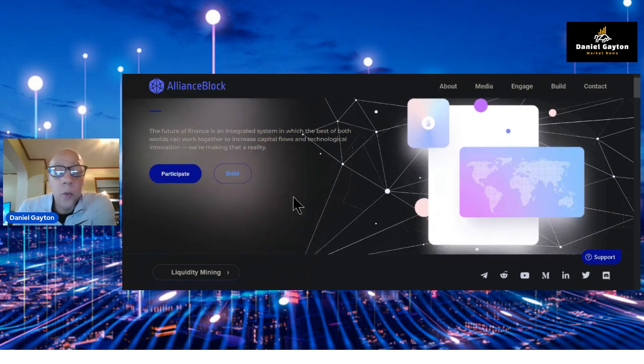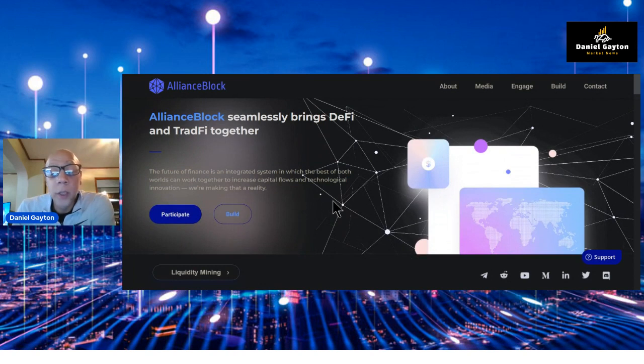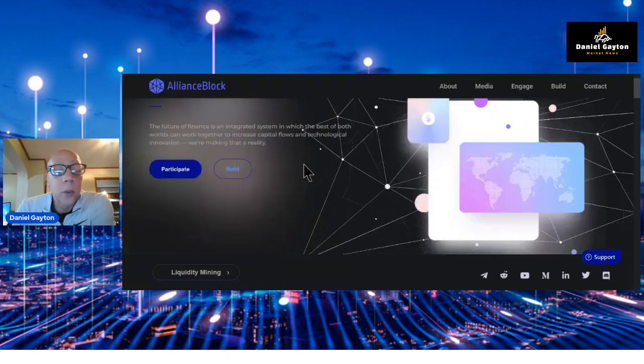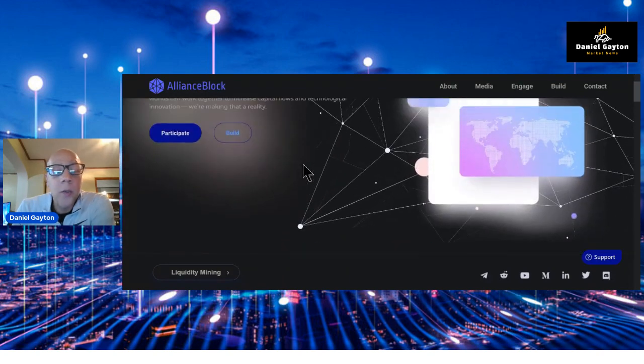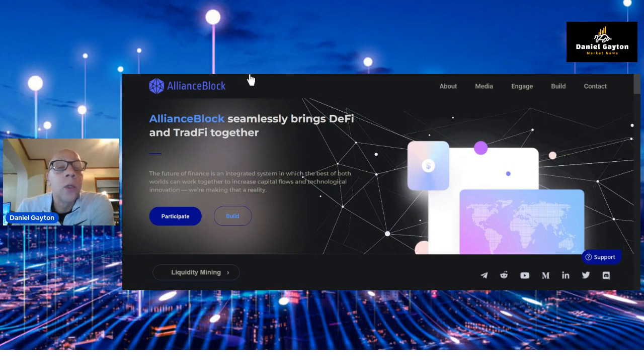is moving the actual cryptocurrency market, blockchain development market forward. And Alliance Block has done that. So that's a little bit about what Alliance Block is and the 7 modules that they're going to come out with. And to start, and some of the partners, you see some of the partners are already ISO coins. So we'll go over how all this fits here in a minute.